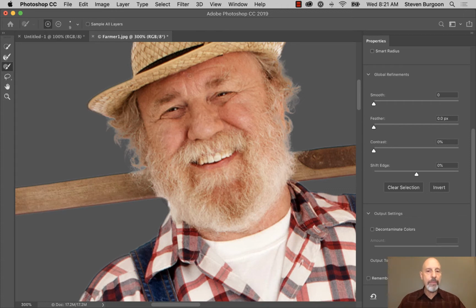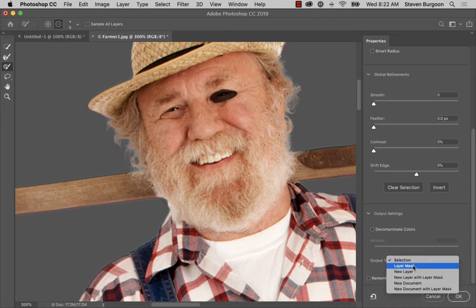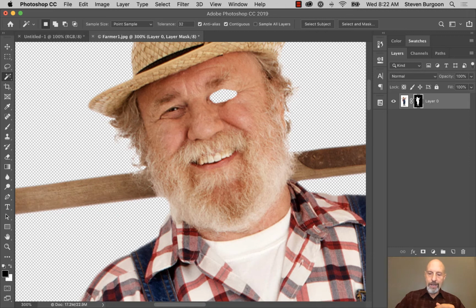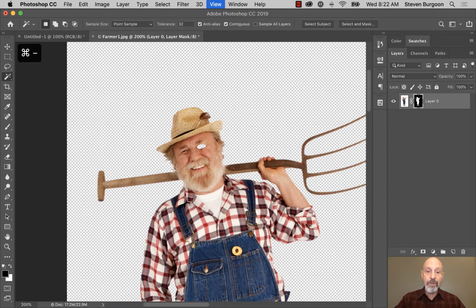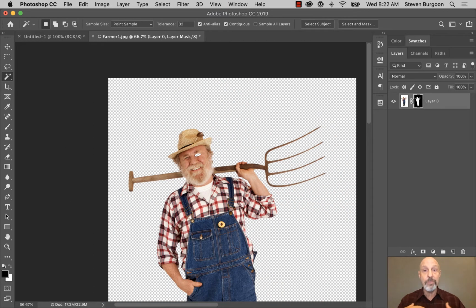So I'm going to make a mistake here, an obvious mistake. I'm going to have this whole area in his eye. All right, there you go. And now I'm going to output to a layer mask. And now when I output to a layer mask, hit OK, you'll notice that that's a pretty obvious mistake. So normally you won't make such a mistake, but I'm doing this just to show you how to fix it